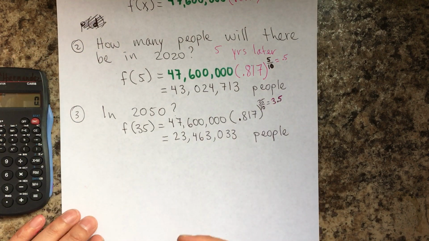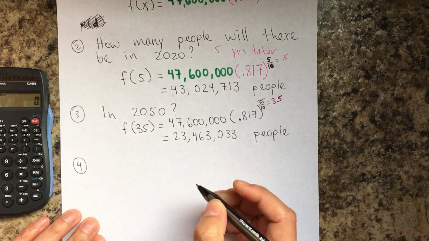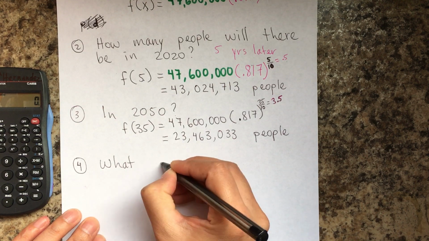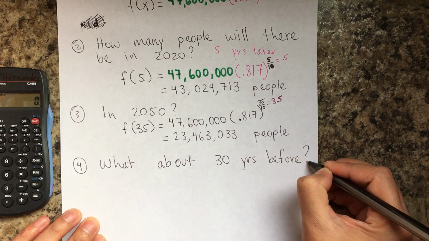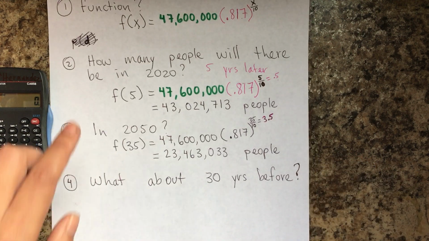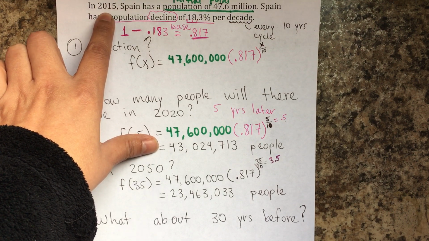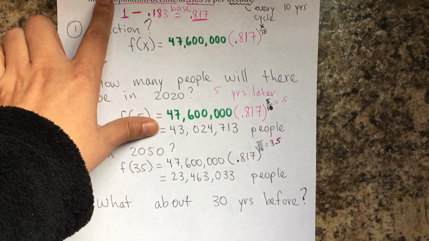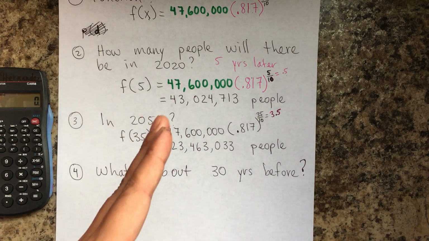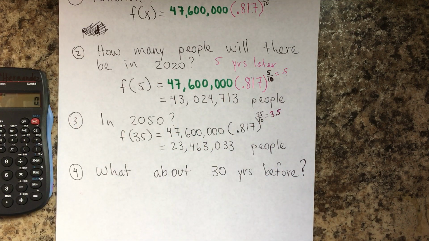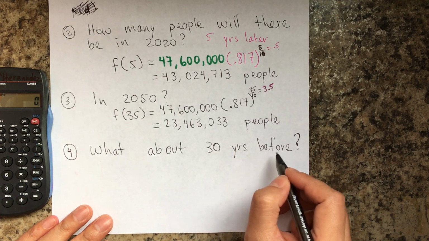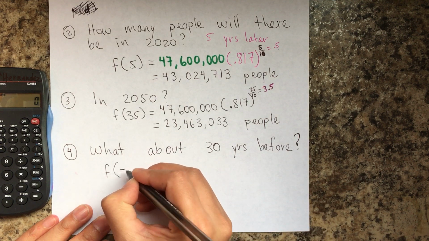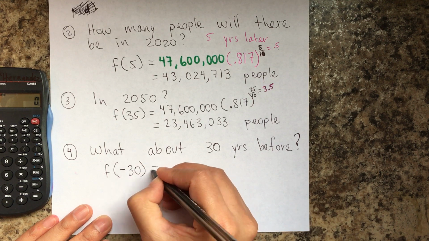Let's do one more. Let's do one tricky one. What about 30 years before? That means, if you think about it, if this is the population in 2015, 30 years before would be 1985. Assuming that the decline had been the same, what was the population in Spain in 1985? Remember that when we're talking about time in the past, that will be represented by a negative input, so negative 30 is equal to